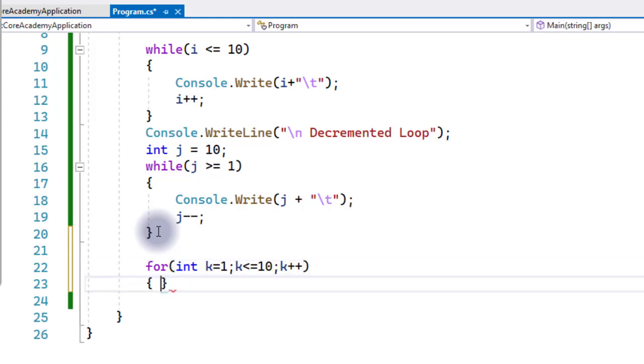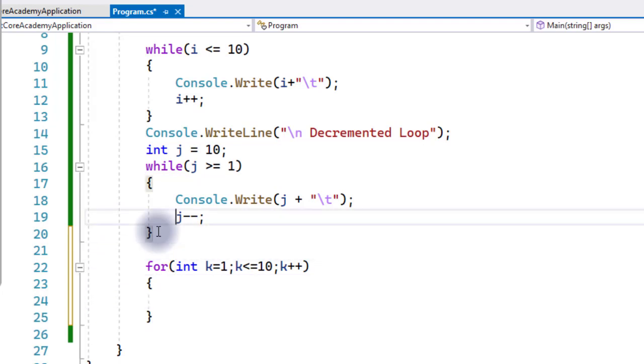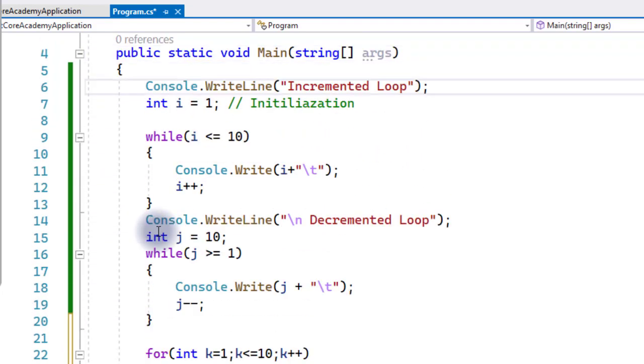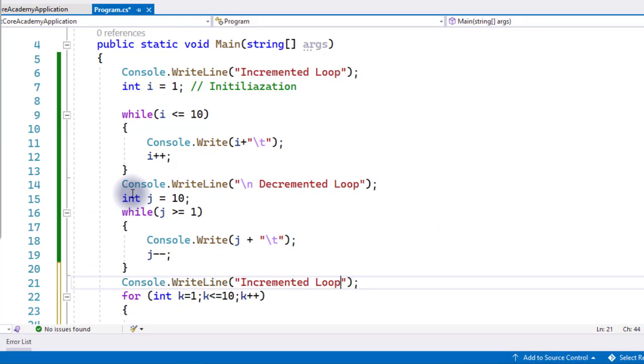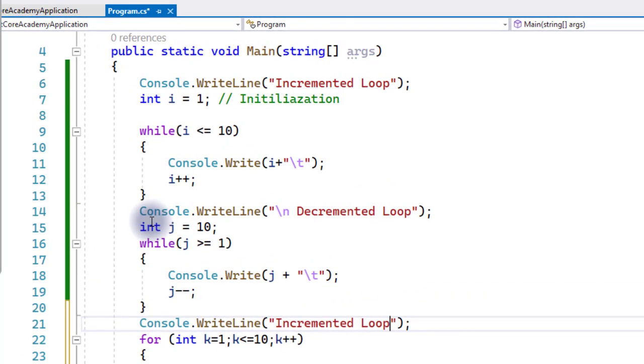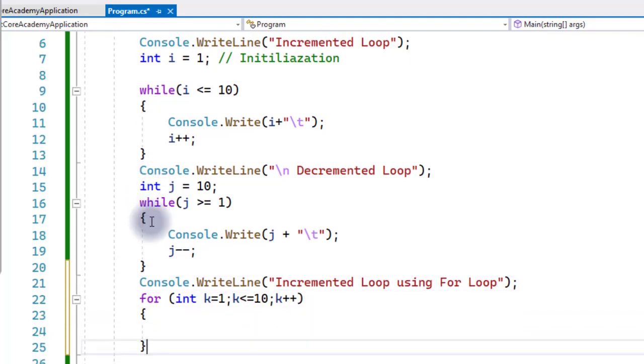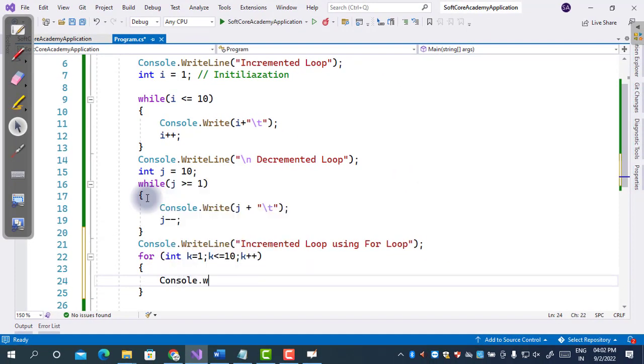I am creating an incremented loop using for loop. This is my incremented loop that will start from 1 and display the number till 10. This is my incremented loop, but using for loop.